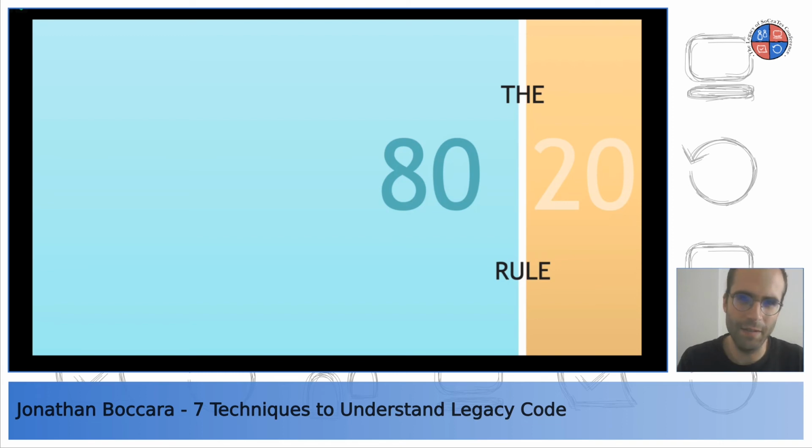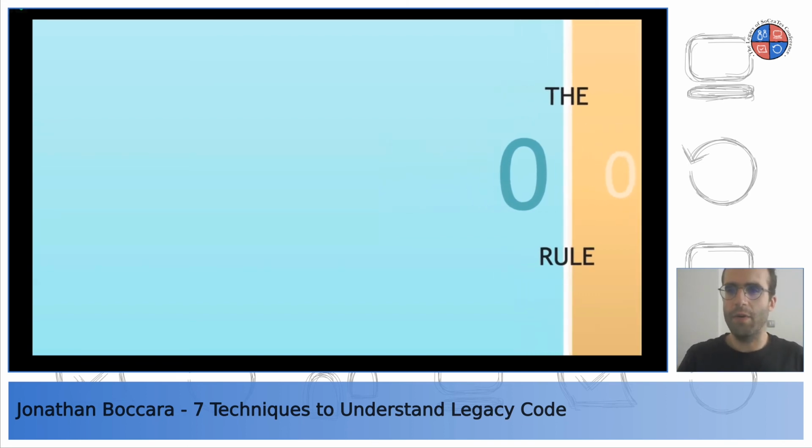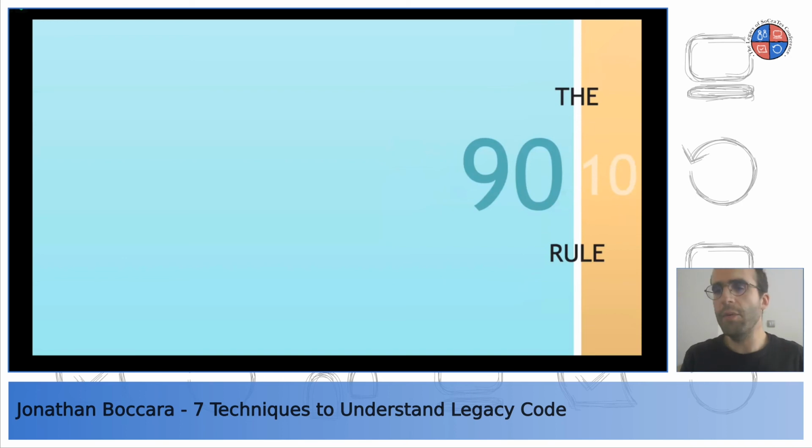where in general in programming, we have this hypothesis that 80% of the execution time is spent in 20% of the code. I think I got it right. Which means that we want to focus on those 20% to make performance improvements and not everywhere. And some even say that it's more like a 90-10 rule. Anyway, that's the idea. And I think that we can apply that to the meaning of the code,